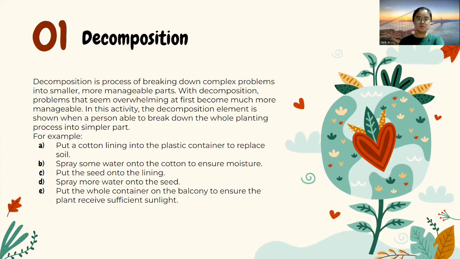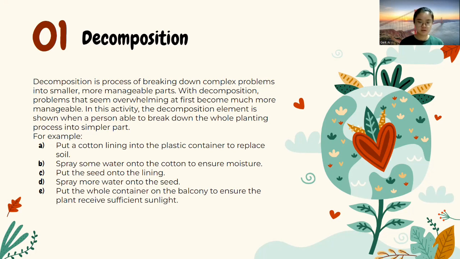The first one, decomposition. Decomposition is a process of breaking down complex problems into smaller and more manageable parts. With decomposition, problems that seem overwhelming at first become much more manageable. In this activity, the decomposition element is shown when a person is able to break the whole planting process into